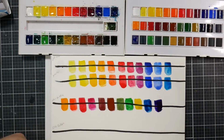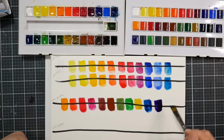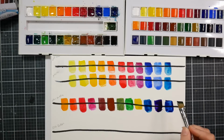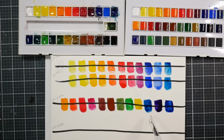Yeah, maybe these paints just need to be in a main basement for a couple of years and they'll be all glossy and gooey. What do we got here? Oh no, what is this? That's lovely. What are they calling that color? They've got a Prussian blue and they've got an Indanthrone blue. Indanthrone blue in a budget set. That's got to be their Indanthrone blue and that's got to be their Prussian blue. This is a stunning Prussian blue. I bet that's their Indanthrone. PB60. I'm going to have to see if I can find pigment information because